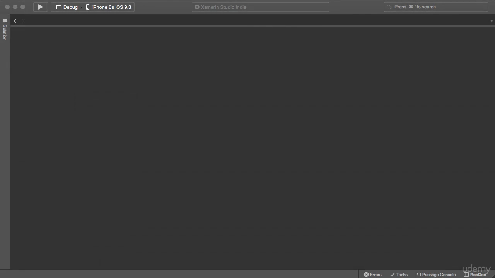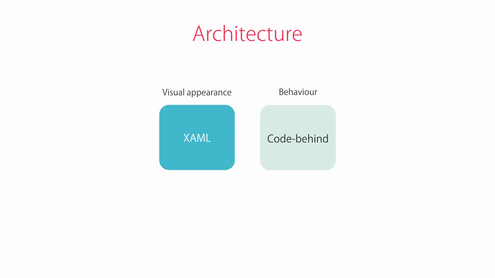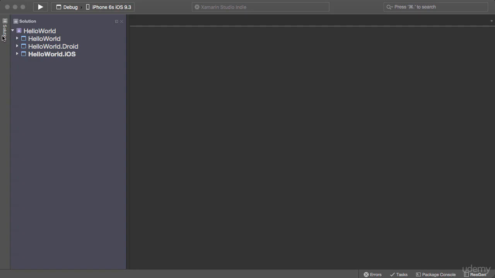All right, as I explained in the last lecture, I'm going to use Xamarin Studio in this course to do my development. If you want to use Visual Studio, that's perfectly fine. All the code I'm going to write is exactly the same. So as I told you earlier, in Xamarin Forms, we use XAML, which is an XML-based language, to define the visual appearance of our app, and we use code behind to implement how the user interface behaves. So I'm going to right-click our portable class library